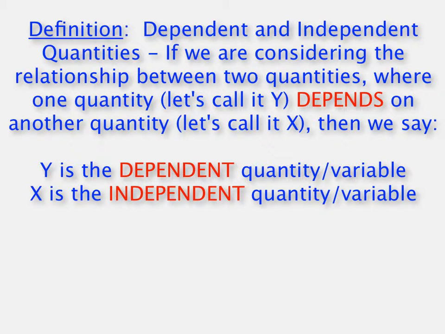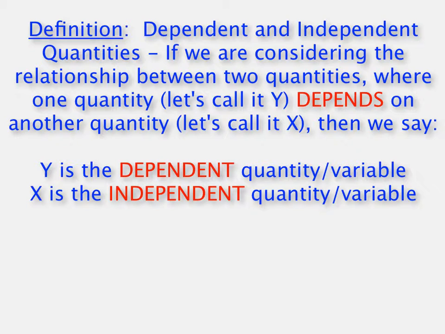And one definition that I want to start with right off the bat is dependent and independent quantities. If we're considering the relationship between two quantities, where one quantity, let's call it y, depends on another quantity, let's call that one x, then we would say y is the dependent quantity or variable, and x is the independent